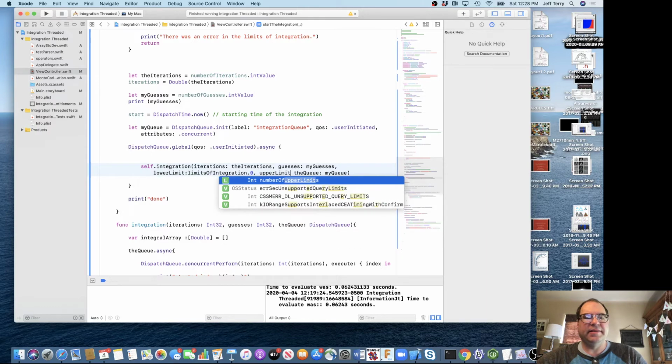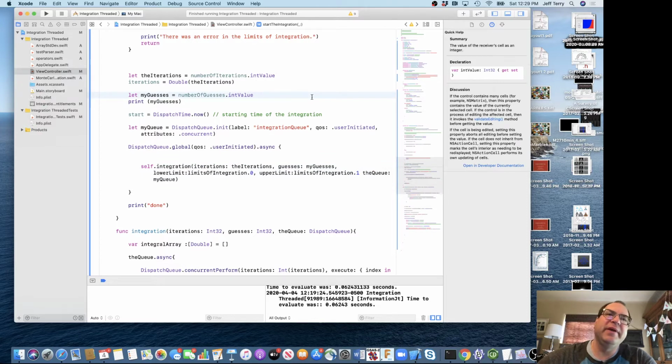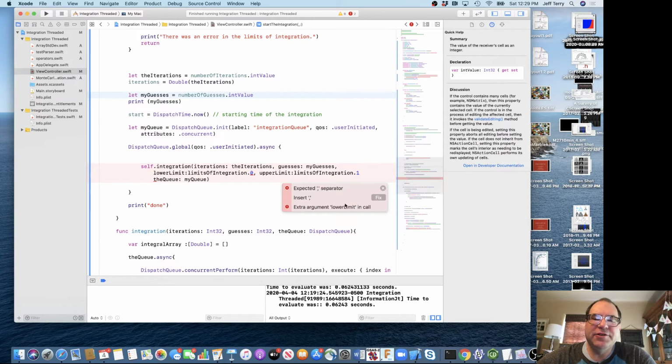Upper limit, we'll get limits of integration dot 1. If I wanted to, I could have made a variable instead of passing these parameters in like this, but it's all fine. Now I'm going to get an error message